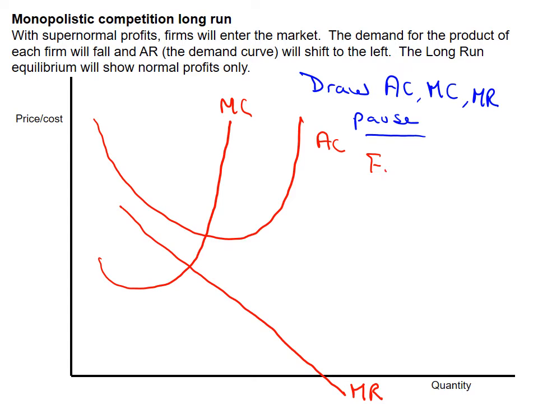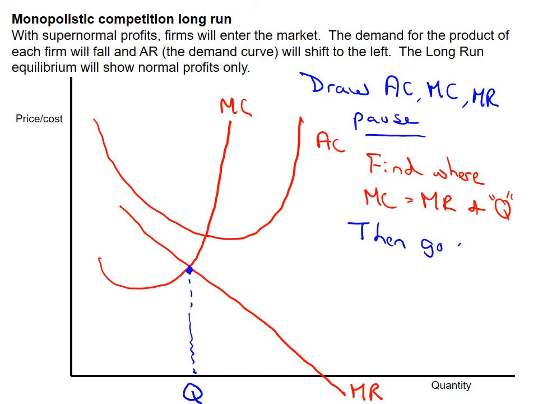Okay, so then find where MC equals MR and Q. So MC equals MR is here. We're going to bring this down and call that Q. Okay, so then go up to average cost. So there it is. And draw